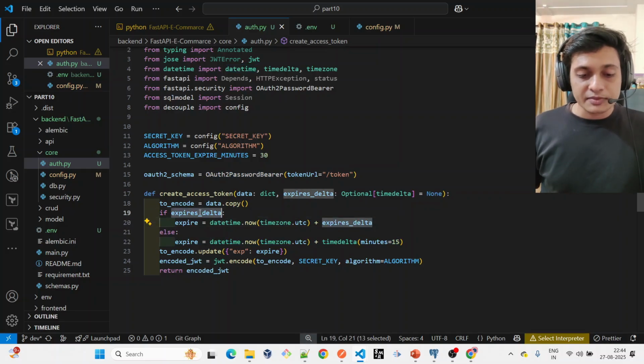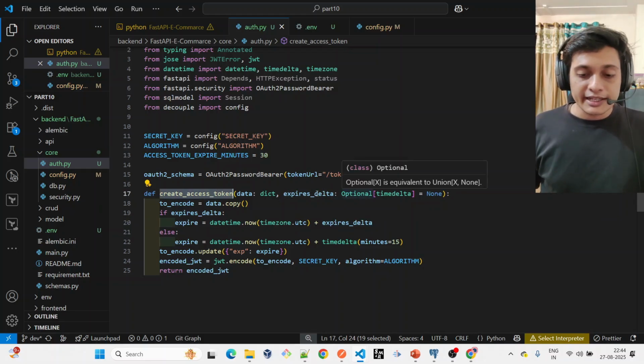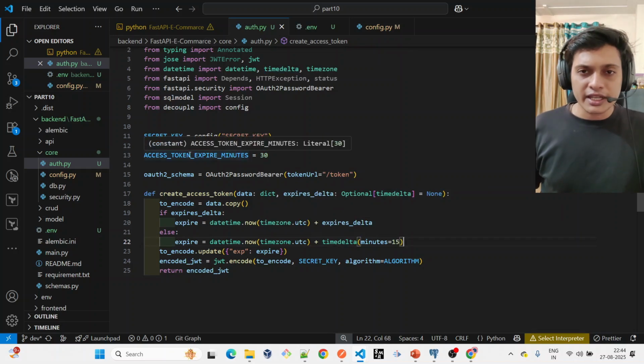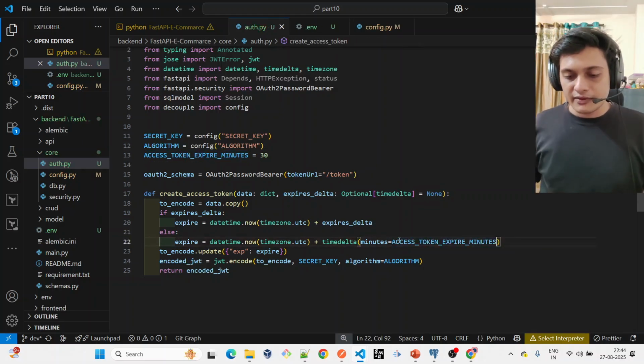If expired delta is present, it is optional. If we are providing this create access token with the expired delta time, then that's fine. If it is not present, then I'm setting the time limit with the extra 15 minutes here. But I've also taken some limit of 30 minutes right now. So what I will do, I will just put it here, and in place of 15, I will use the